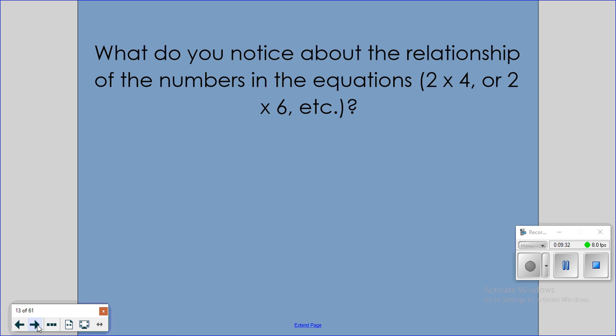I want you to move your counters to a block somewhere at the top of your desk. Pull your math notebook back up, and you're going to finish the sentence. The question asks, what do you notice about the relationship of numbers in the equations like 2 times 4 or 2 times 6? So your answer is going to say, I noticed